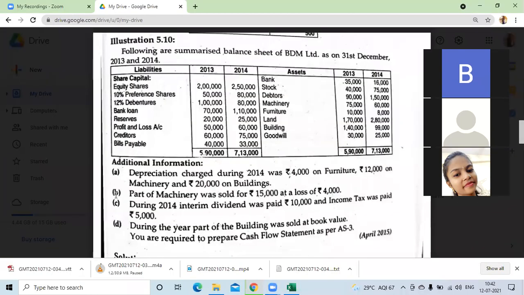Next, bills payables. This is also my adjust working capital. So in adjust working capital, same we have to do. Bills payable 40,000 and now it is 33,000. Increased or decreased? Decrease. Decreased means less or add? Less, ma'am, because it has direct relationship with current liabilities. Okay, now write down.